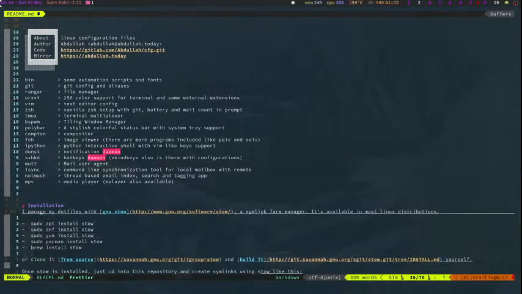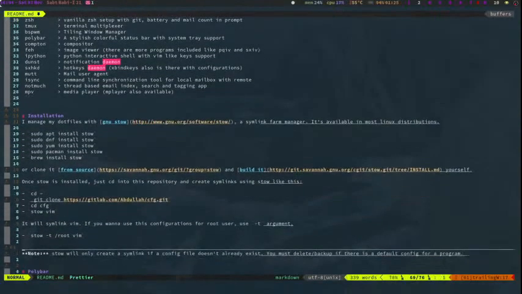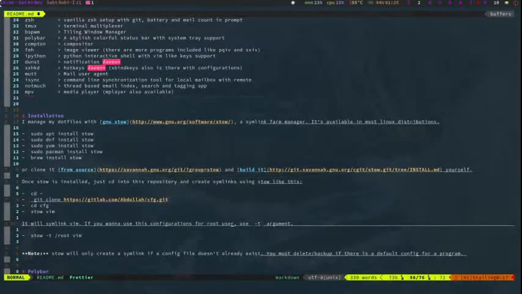This one is the source code link for GNU Stow. So you can go there, get the source, and compile it. Here my repository contains a readme file, so you can read how I use Stow. This one is a practical video for how you can manage your dot files with Stow.